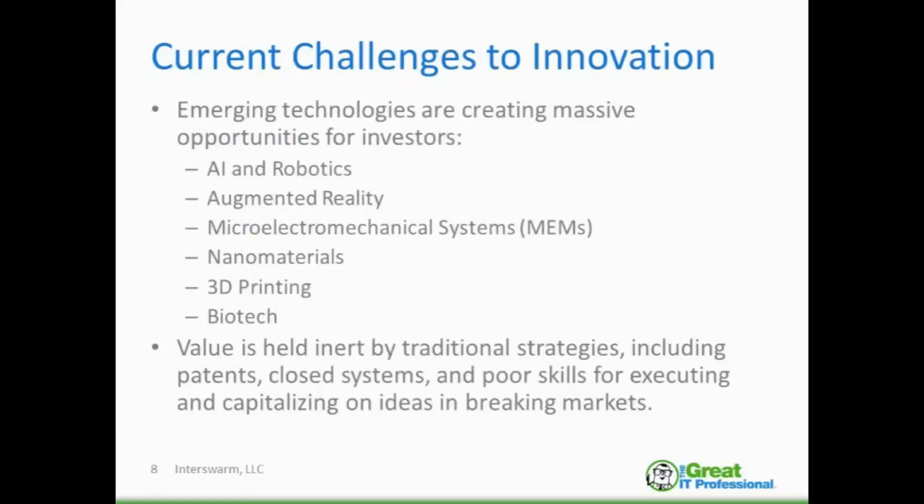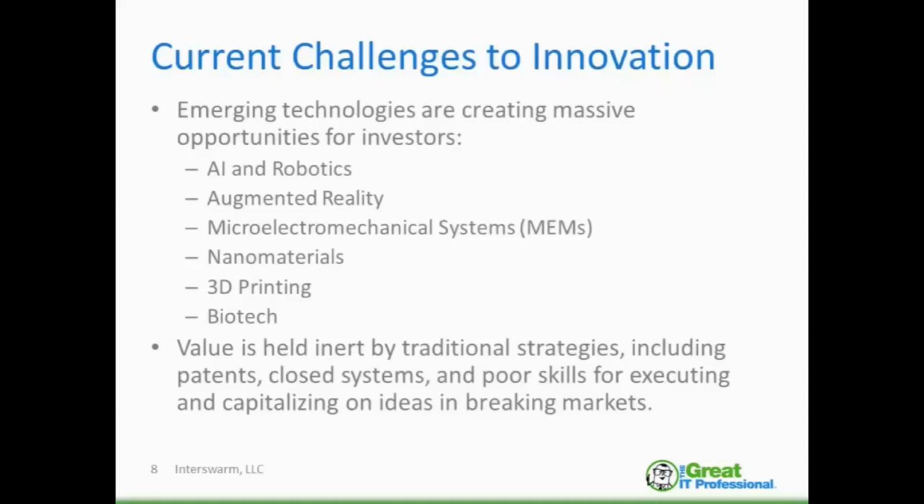Okay, so I just want to say a little bit about the current challenges to innovation. There is no doubt that emerging technologies are creating massive opportunities, not just for investors, but also for those of us who really love technology. Whatever part of the technology world we're in, we all play a really crucial role,